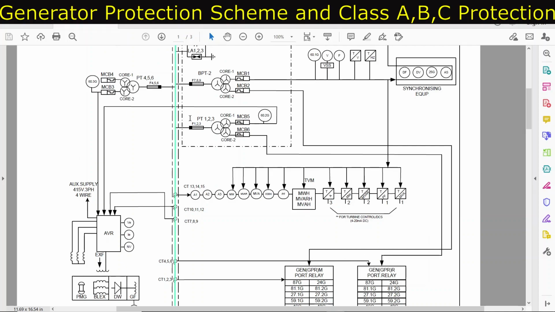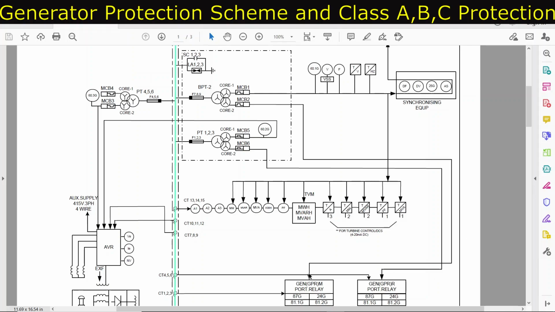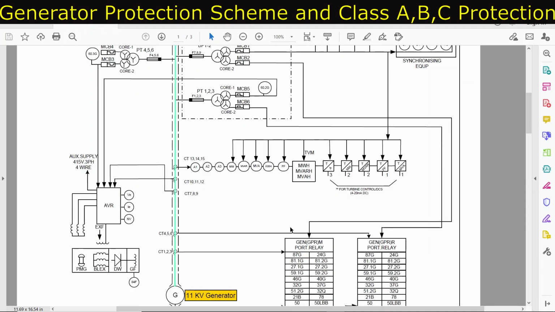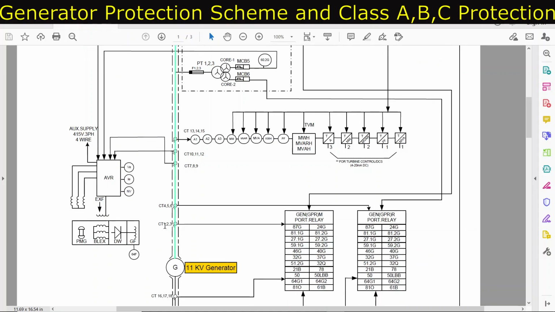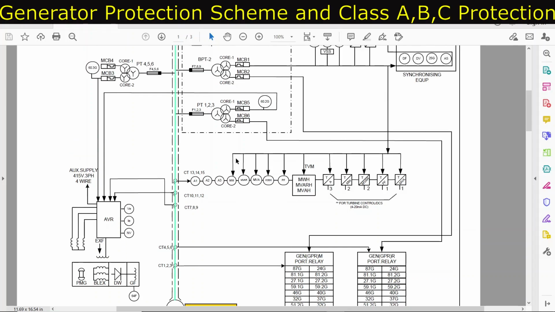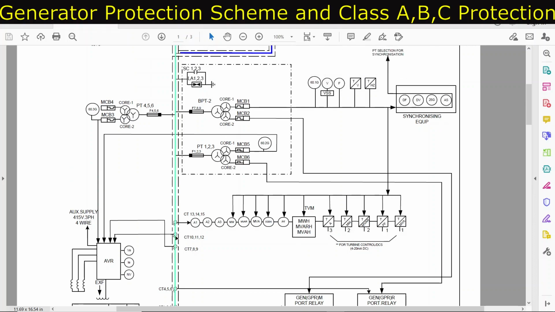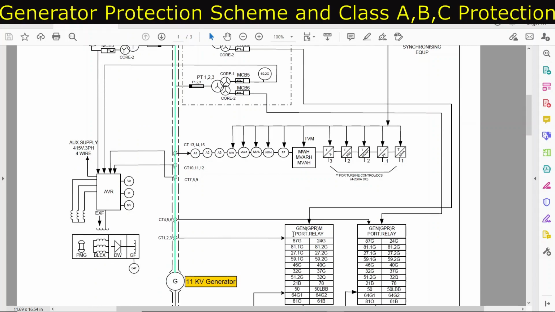What other relays are going, you can see here the PT supply is going into the relay. This PT supply is going into the relay. So whatever protection you're going to implement will be voltage and current based protection. So you need to provide the input current and voltage inside the relay. The current input is being fed from the CTs, and the voltage input is being fed from the PT circuit. That's why PTs and CTs are used. You have seen here that for CT and PT, these inputs are going inside the relay terminals.